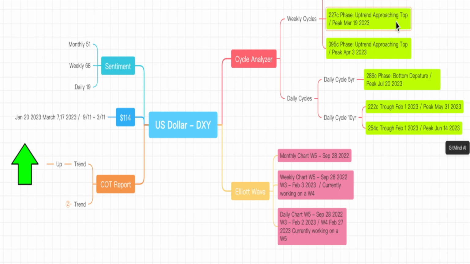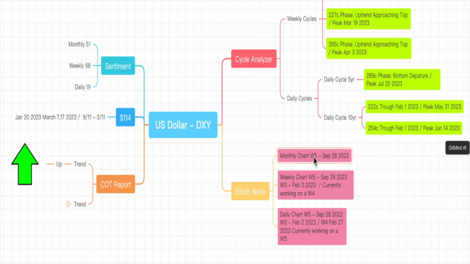So looking at it by color code, you can see there's a lot of bullish cycles. These bottomed out, and these are all bullish except one, which is the 181. So in regards to cycles, weekly and daily, they're very positive.